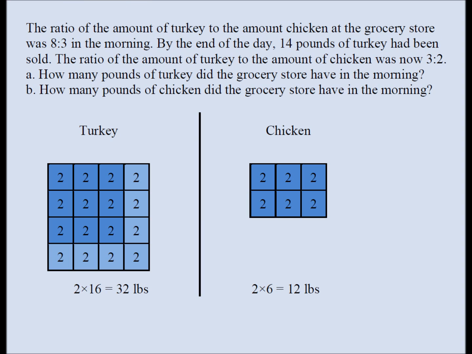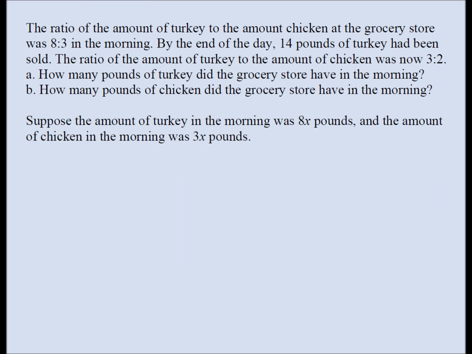So let's move on. Okay, because of this ratio, we're going to claim the original ratio of turkey to chicken was 8 to 3. We're going to claim they had 8x pounds of turkey and 3x pounds of chicken. Because if you do that, you know, in ratio,